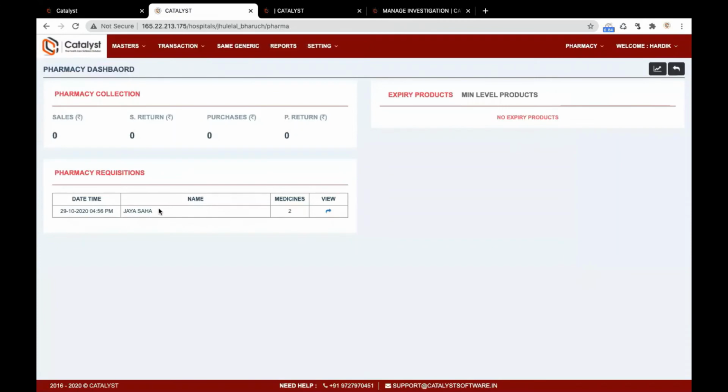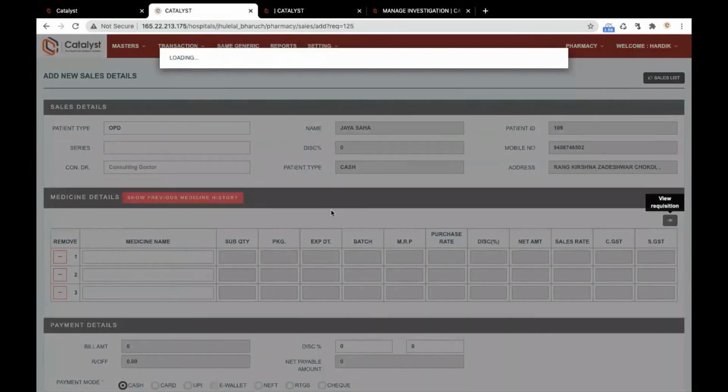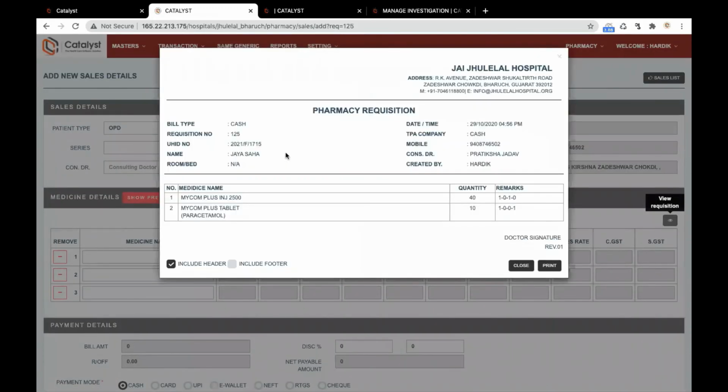Look here, this is the pharmacy module dashboard. Here I see the request for Jaya. Simply click view, and they can see their prescription, what you entered as medicine.